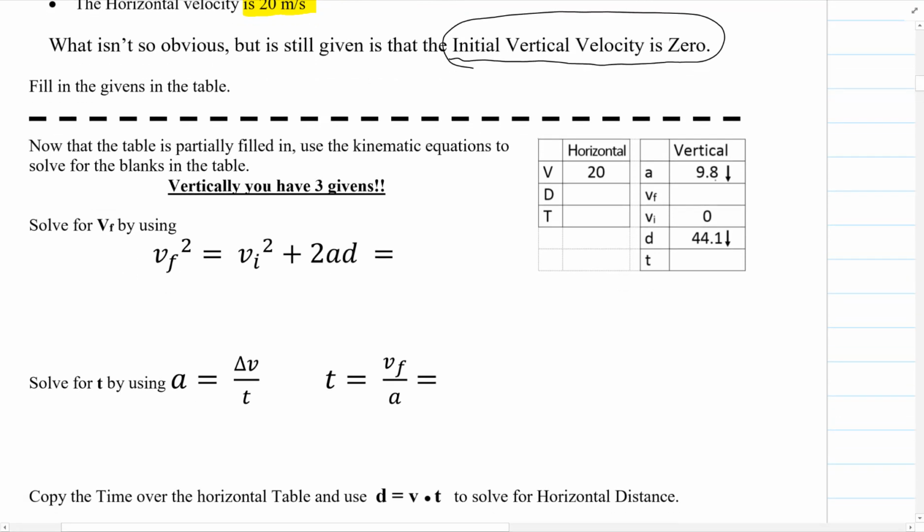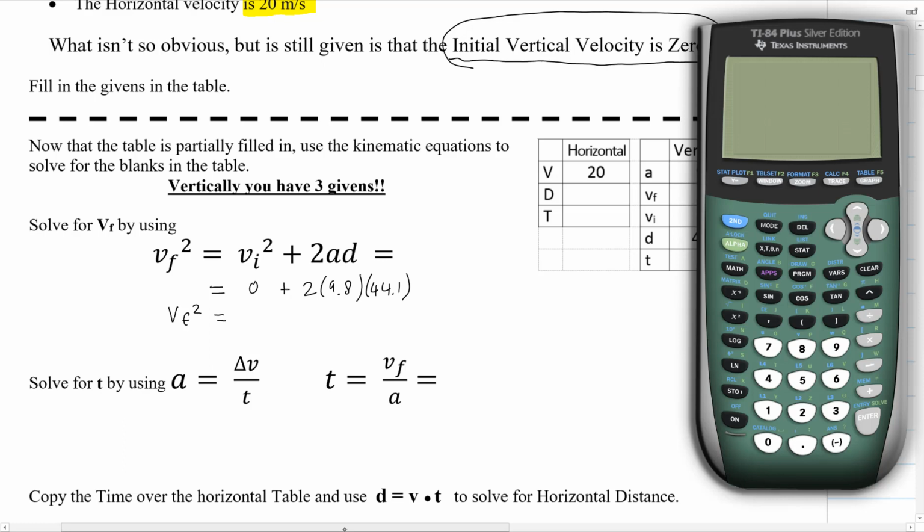Vertically, we have 3 of the givens. Once we have 3, we can calculate the other 2. So let's just solve for VF here. And we'll use this formula because it doesn't have T in it, and we don't have T. So VI is 0 plus 2 times 9.8 times 44.1. So VF squared is going to equal, pull up my calculator, 2 times 9.8 times